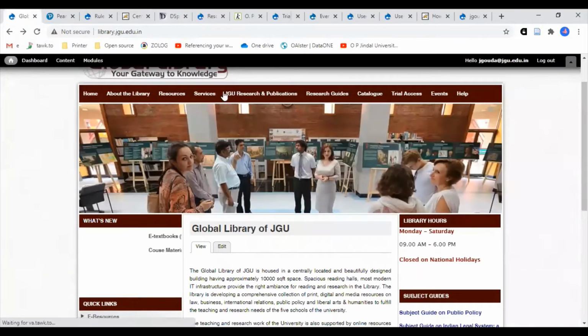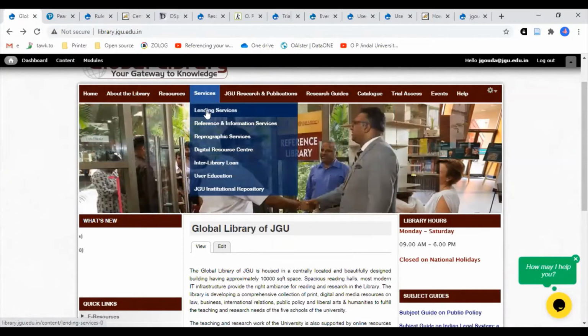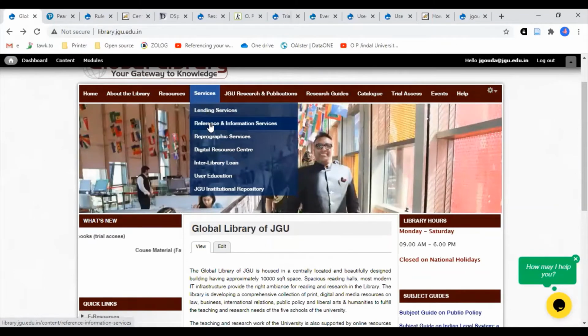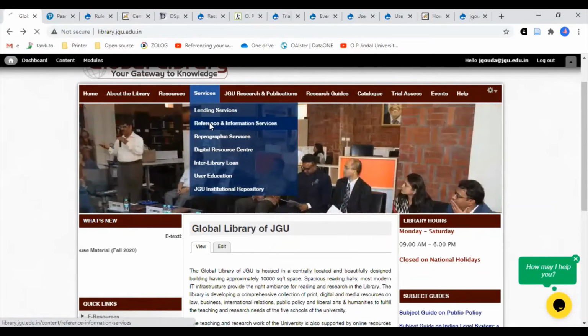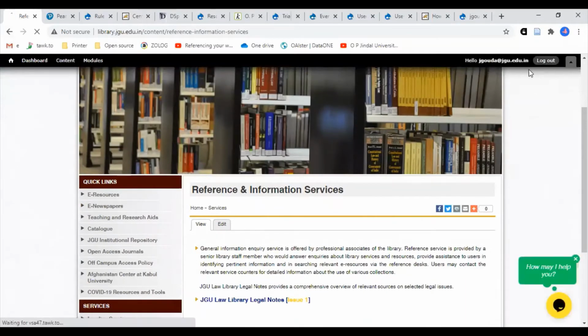Coming back, next we have the services. We offer different services to the users. So one of the important services presently we have introduced, that is reference and information service, wherein we have